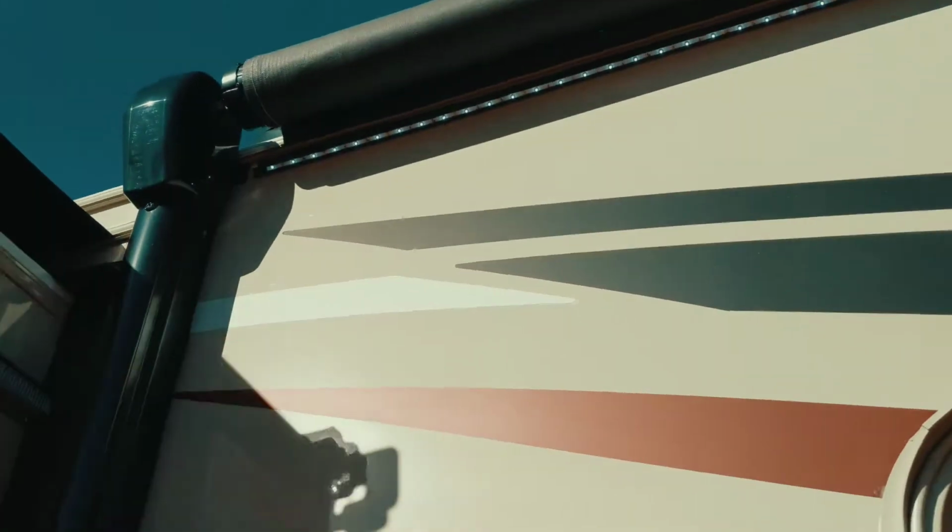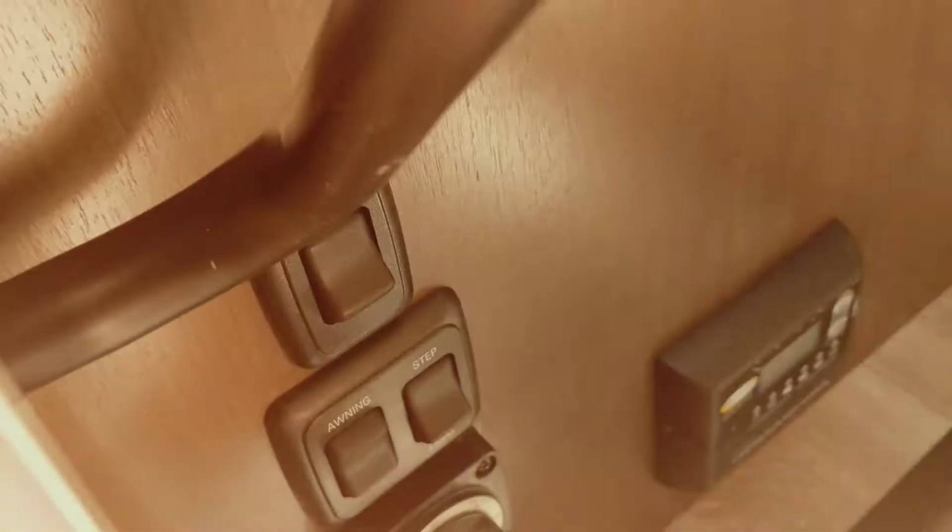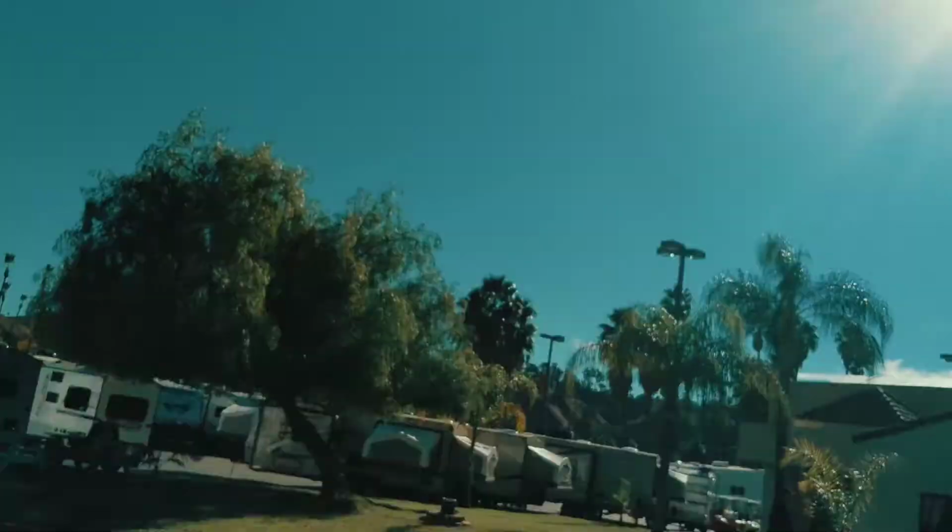One of the things I like is just how easy it is to put out the awning and it just rolls out nice and smoothly. The LED light strip is mounted right up here, and it gives plenty of light when you guys are out here enjoying